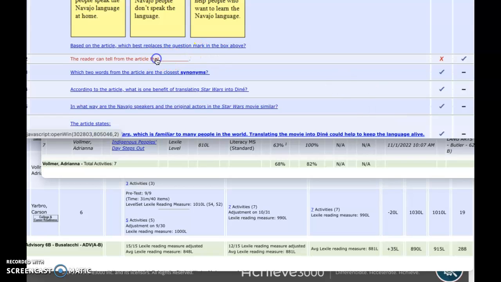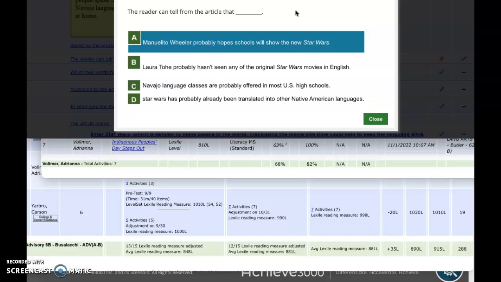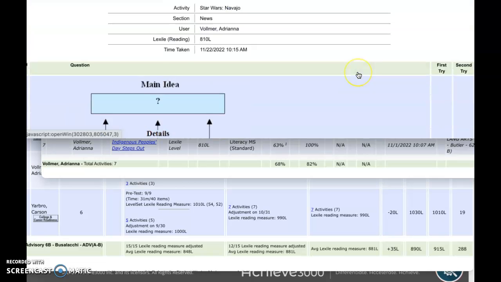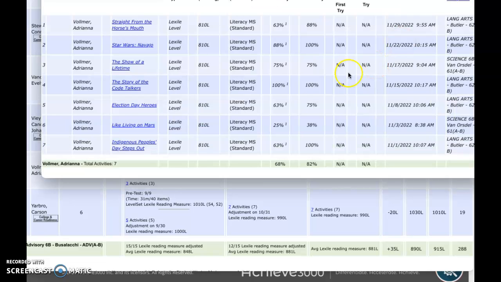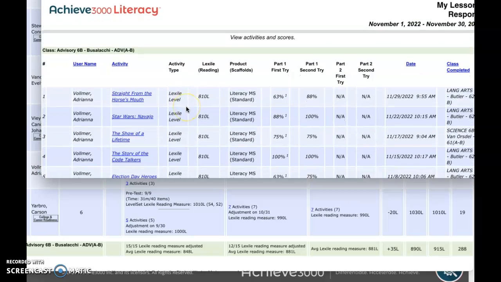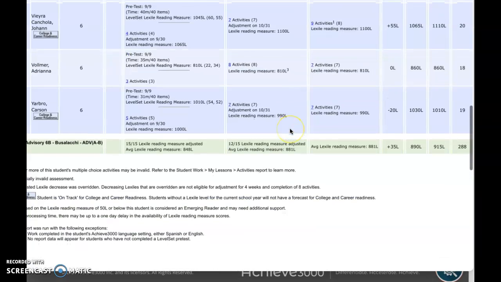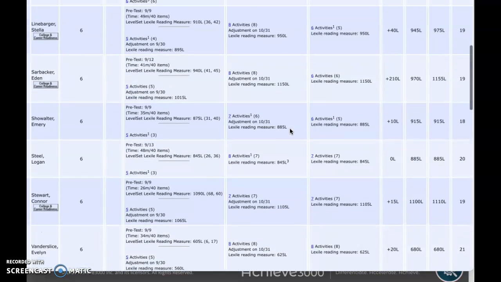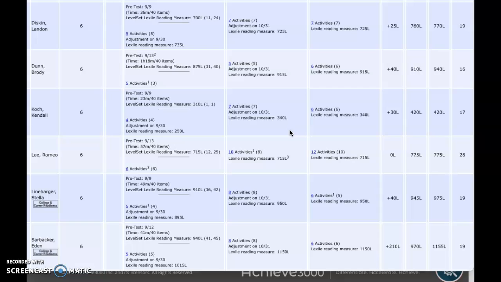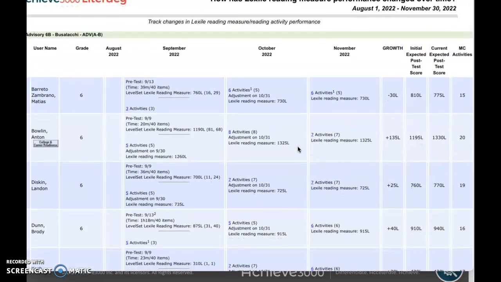A reader can tell from the article that... Now this is inference. So inference, I would say, you know what, this is a tough question. And we're going to continue to work on inference. You're going to work on this, and you're only in 6th grade. This is something readers are going to work on in 7th grade, 8th grade. I'm not going to get too hung up on the inference today. Okay? All right. Let's close that. Let's close this reader. And yep, I would just conference with the readers who are showing no growth or negative